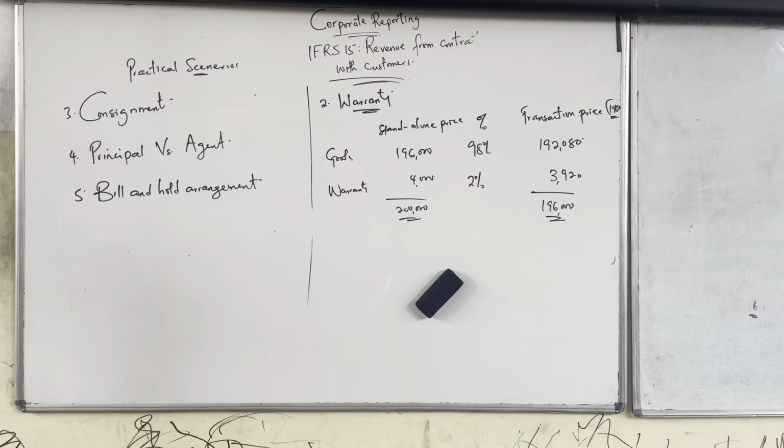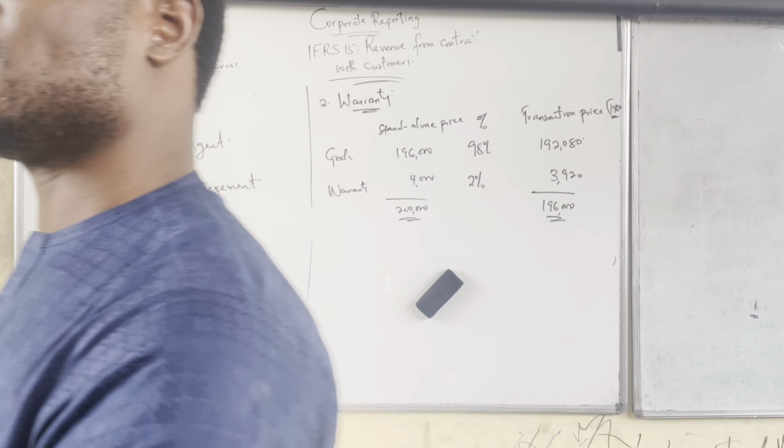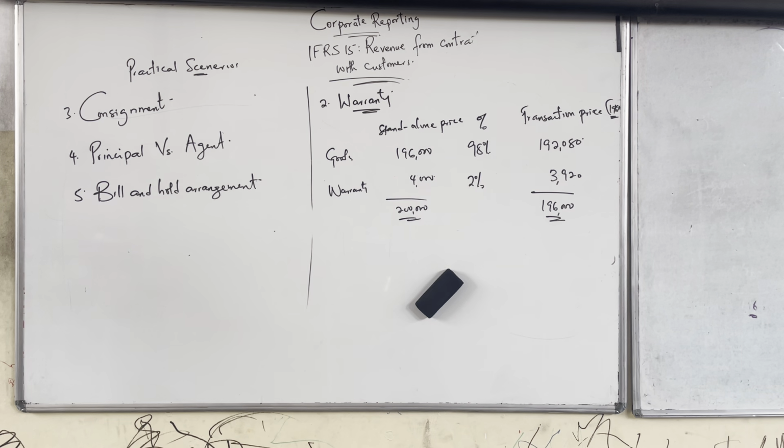The physical possession he's holding is usually at the request of the customer, simply probably because the customer does not have a storage facility. He doesn't have where he will keep the goods, so he said, okay, let it remain in your custody. That is what we mean by bill and hold arrangements. So if they give you a scenario like this in the exam, even if the supplier is not charging the customer,